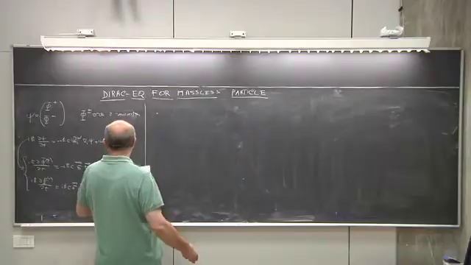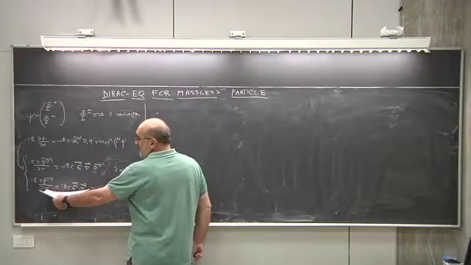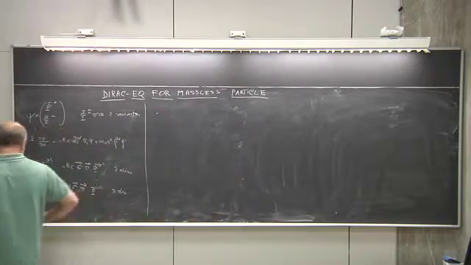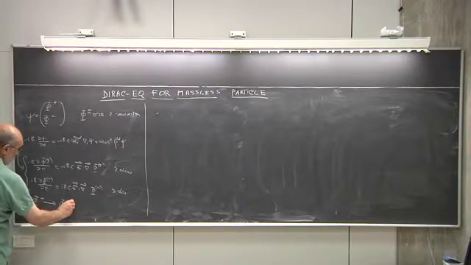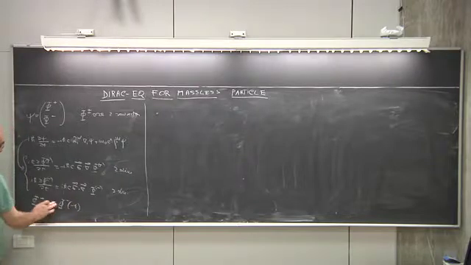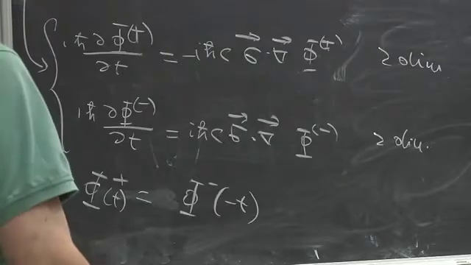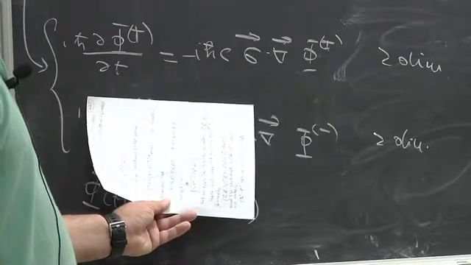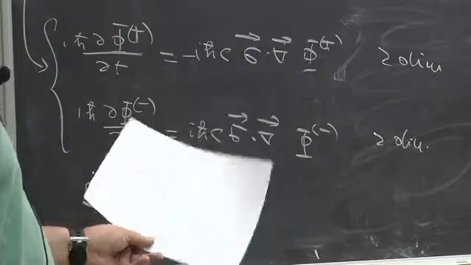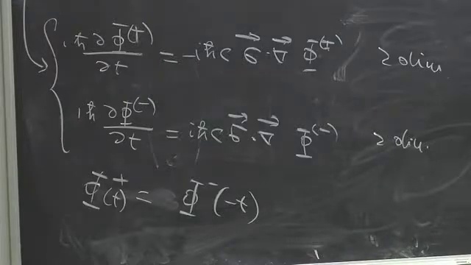So let's choose φ+, and one is equivalent to the other. The difference is this sign, but I get this sign if I send t into minus t. So the solution I get for φ+ of t is the same as the solution I get for φ- with minus t. So again, for a massless particle, I just need two-component equations. This was Weyl who realized that, but then various people did not believe that, and somehow,